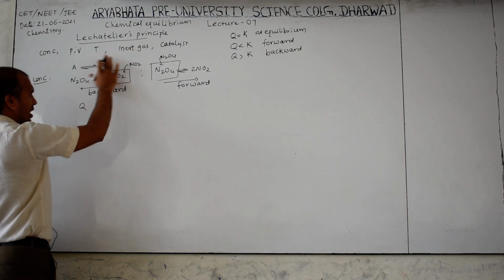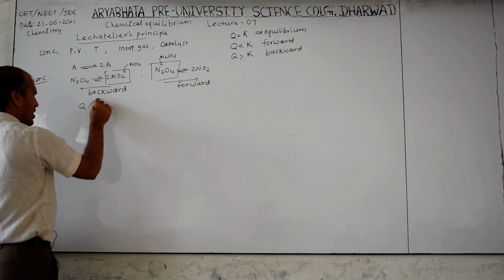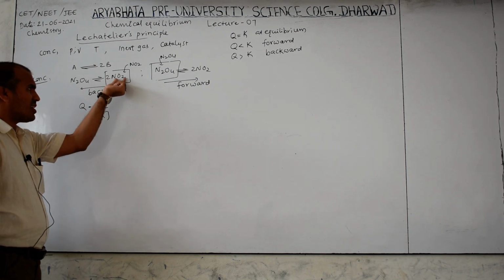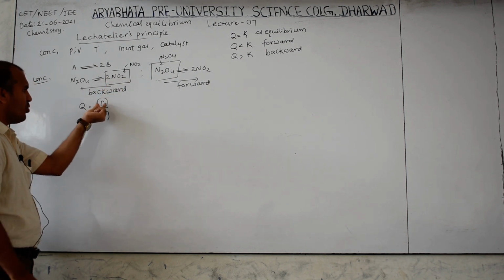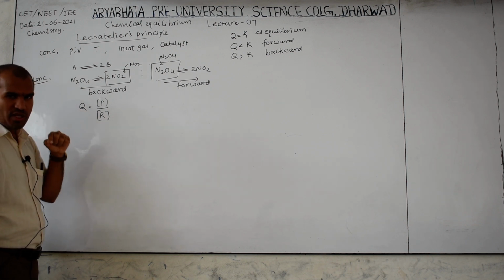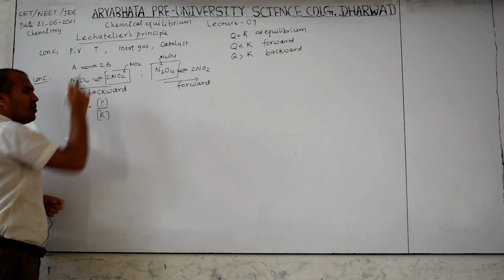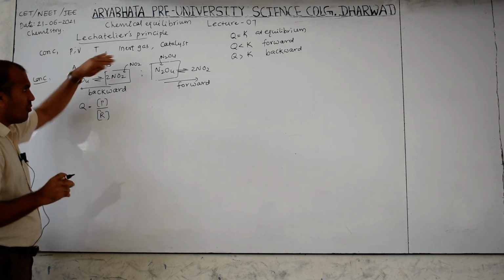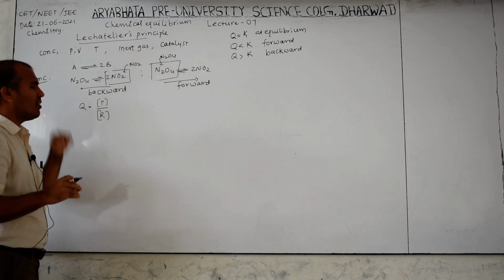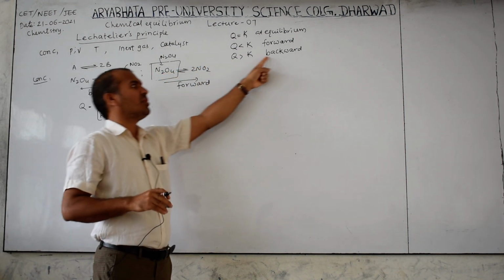So this has some equilibrium, then what happened here? Q is product concentration over reactant concentration. Now the product concentration is increased, meaning the numerator increases, so the resultant also increases compared with the earlier K, because it was already set at equilibrium. To that equilibrium we added NO2. Keep in mind carefully, before adding NO2, this was already at equilibrium. When you add it, Q increases compared with K, therefore backward. Q increases means backward.